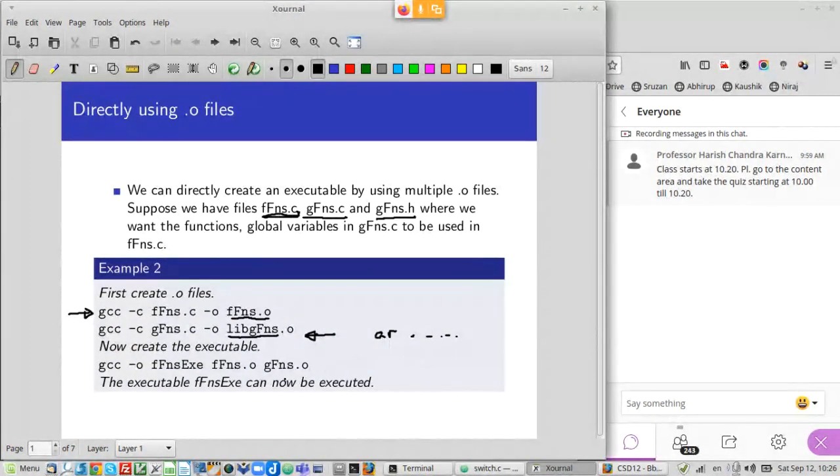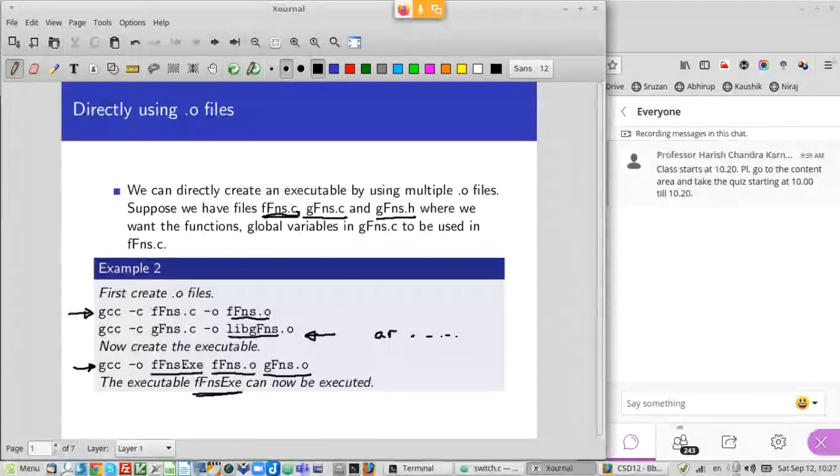So if you want to just directly use things, then you can use the object file directly, right? So gcc -o ffunctions.exe. So this is the file which will be the executable. Then give all the .o files that you want. So first of all, you're giving the .o file which you have compiled, and then the gfunctions file which contains the library, so gfunctions.o. So if you do this, then basically GCC takes these already compiled files and links them and then creates this executable, right? So this can now directly be executed on your computer.